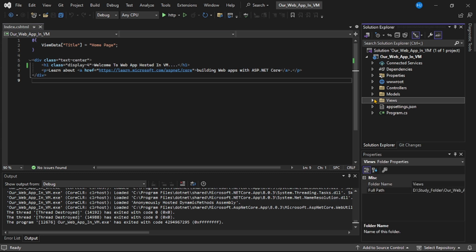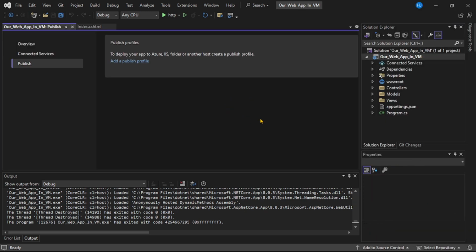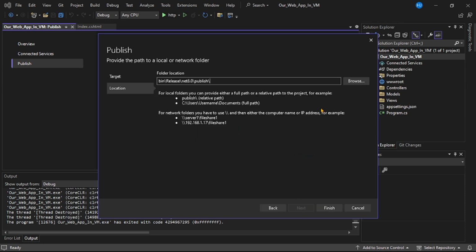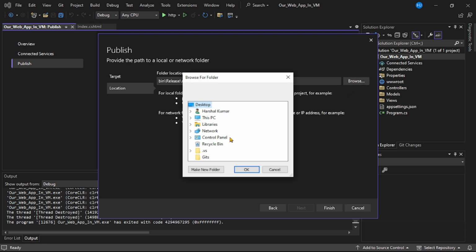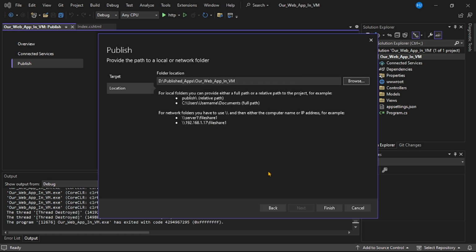Now first let's publish this project in our local folder. So I will right click on this project and I will say publish. I will select folder. Next. Now let's browse to the location where we want to publish this. So I will say browse. And here I will say this PC, and now I'll go to my D drive and here I have something called published apps, and under that I have this folder created, that is our web app in VM. So let's select this folder. I will say OK. I will say finish